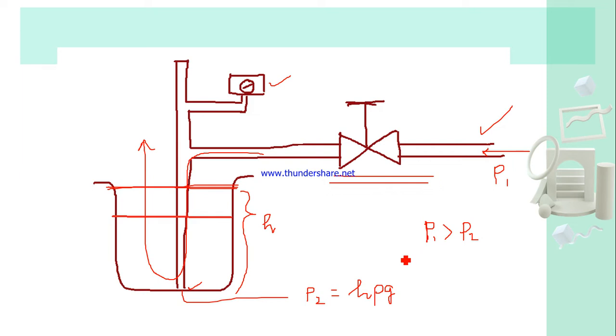Okay, so now from this principle, it is very easy to understand that based on the liquid level, this pressure gauge reading will vary, and it's a linear relationship. Even though there will be some losses through this line, that can be calculated. For that you can connect here one flow meter. One flow meter can be connected,